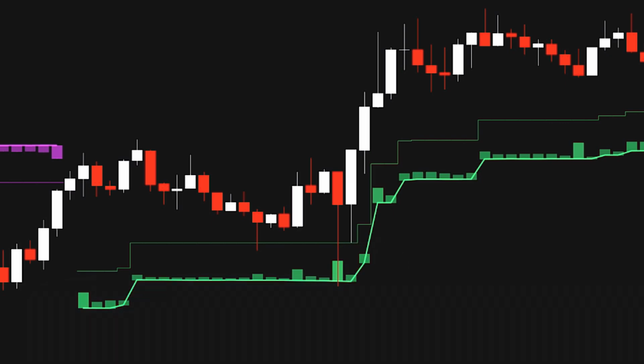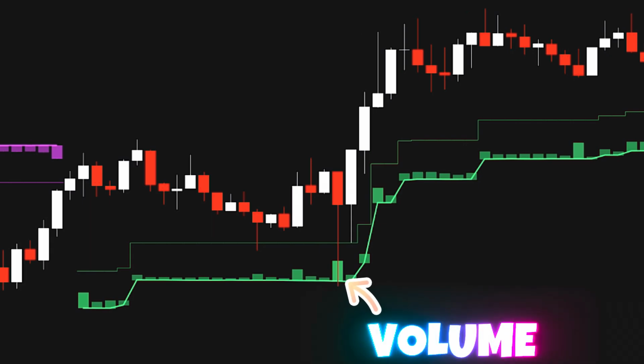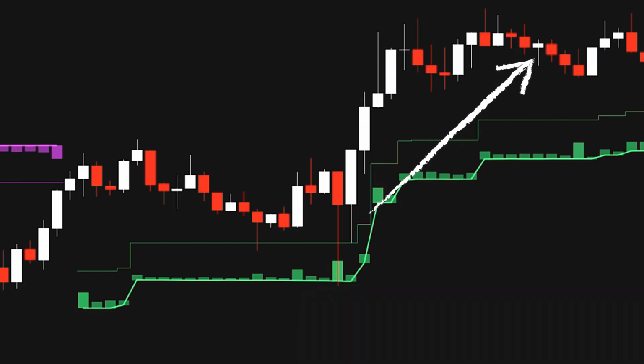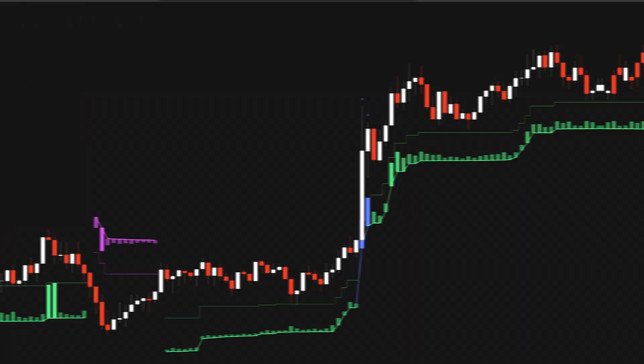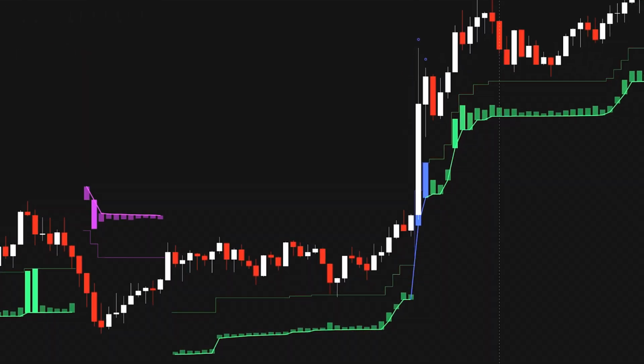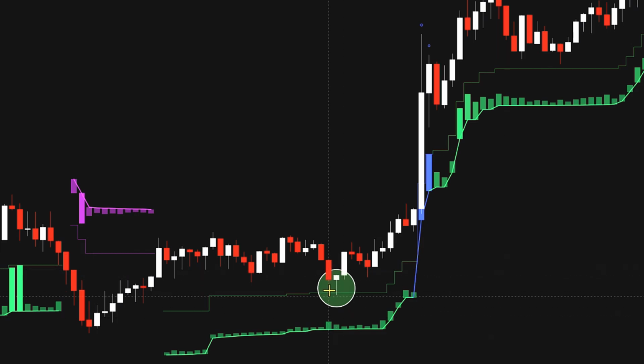It shows potential support. And also check the volume right at that moment on that specific candle bar. You want to see some good volume there. If the volume is strong when that wick forms, it confirms that buying pressure is real. So if you see the green trend band, the price pulling back into it, the long lower wick on the candle touching it, and good volume confirming it, when all those things line up, that's a potential signal to consider